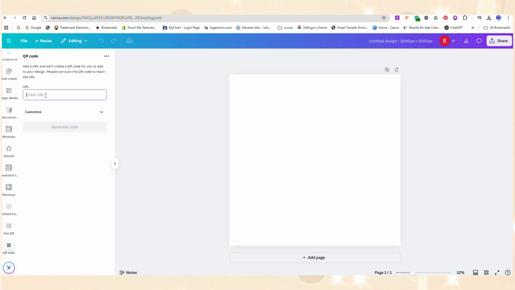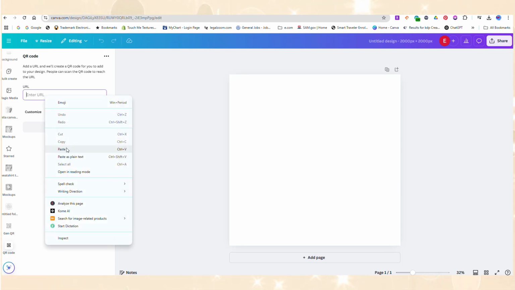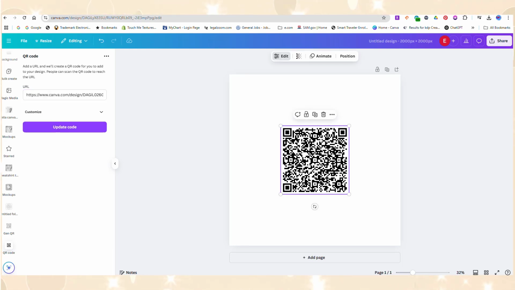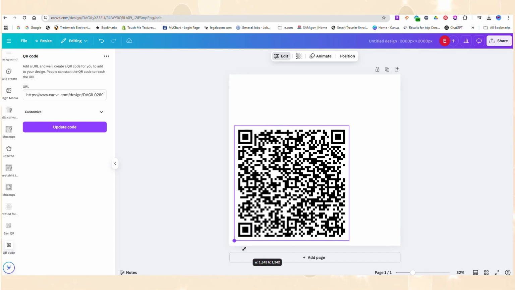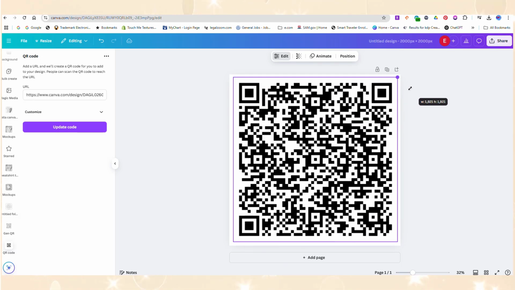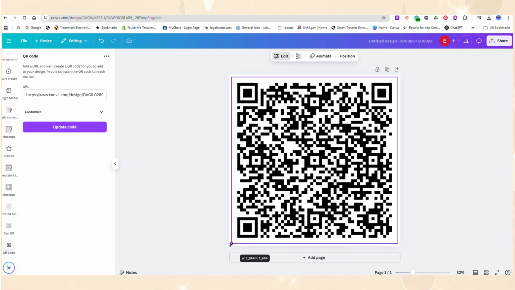Enter the URL, which is what we copied from the wedding invitation, the link. Paste it and generate QR code. And there you have a nice QR code. I'm going to download it and put it on so you'll see. Have an idea of where to put it. So make sure you stretch it to fit the page. Don't go overboard because you want the phone to be able to grab all of the points. So now we're going to share that